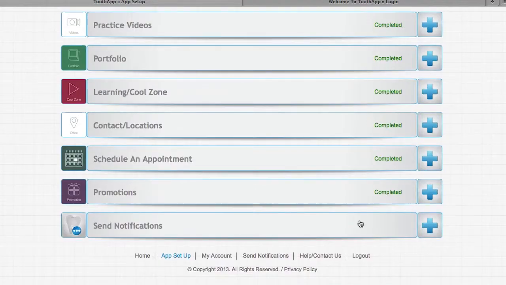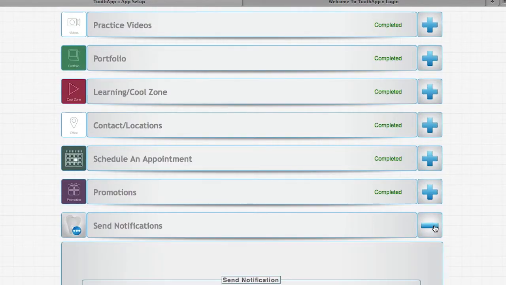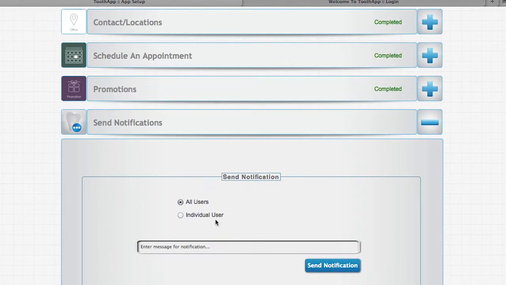So a push notification is that little thing that pops up on your phone at the top and says you've got this message. Certain apps have it. You might get an alert from a weather program or any type of alert. That's like a push notification. So you can do that here in the send notifications. If you drop that down, you see where it says all users or individual users. Individual users, you can go in and select the user that you want,